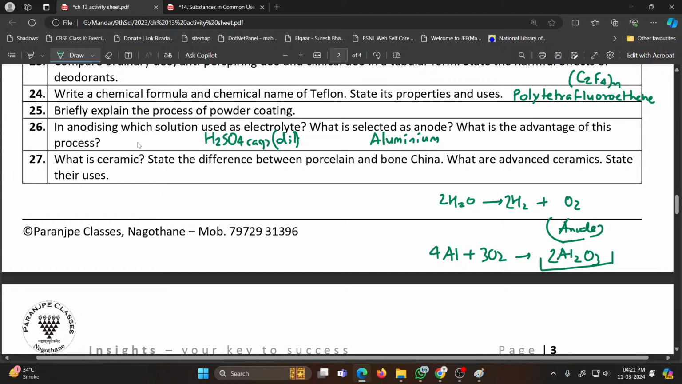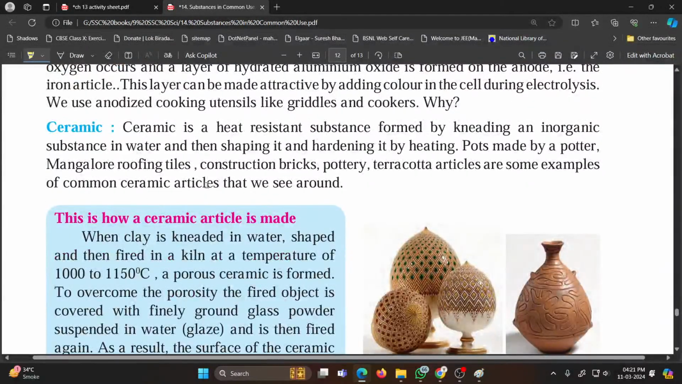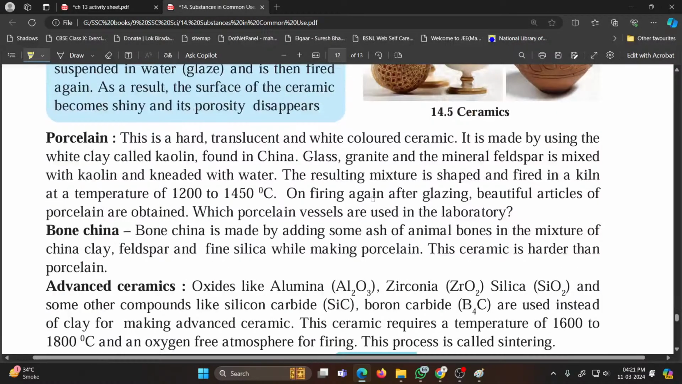Last question. What is ceramic? State differences between porcelain and bone china. What are advanced ceramics? State their uses. A ceramic is a heat resistant substance formed by kneading inorganic substance in water and then shaping and hardening on heating. The difference between the porcelain and bone china: